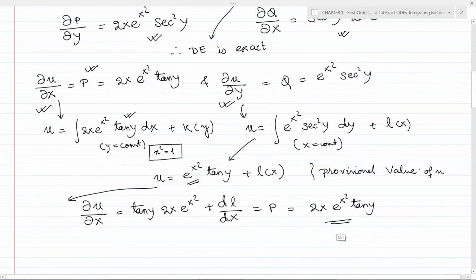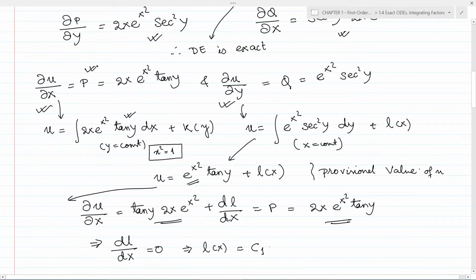We see that this term and this term are equal, which implies dL by dx equal to 0,